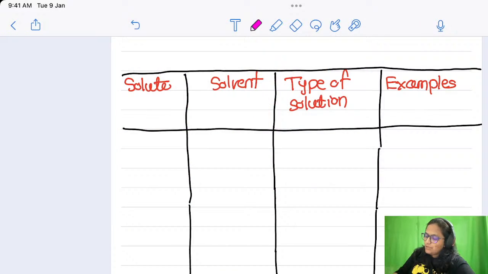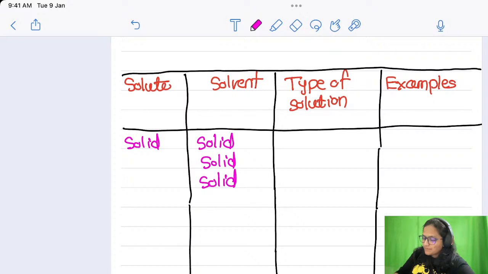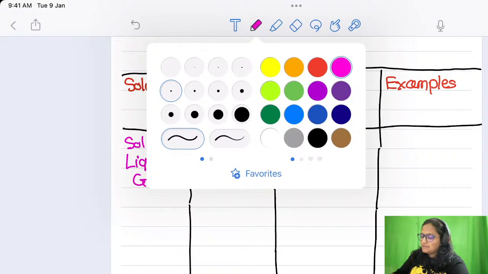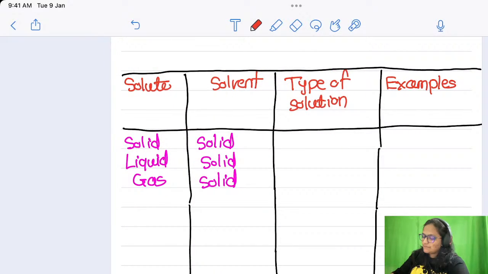Okay, so first of all I'll keep the solvent constant, and that is solid. So in this case solute can be solid, liquid, or gas, right? So here let us see the names one by one. So if it is solid, both of them are solid, then it will be called as